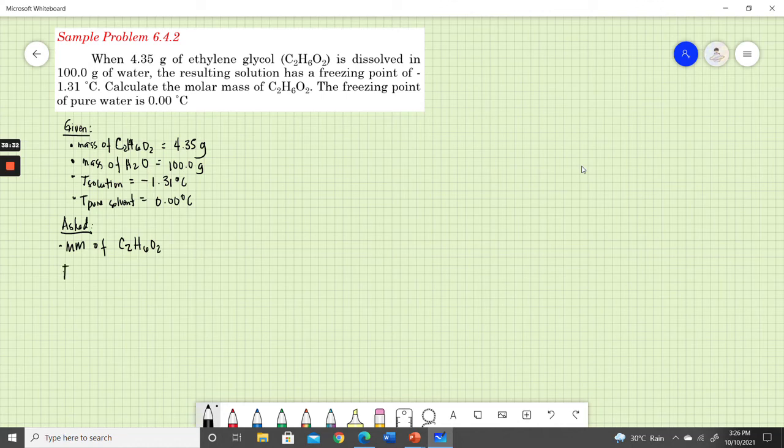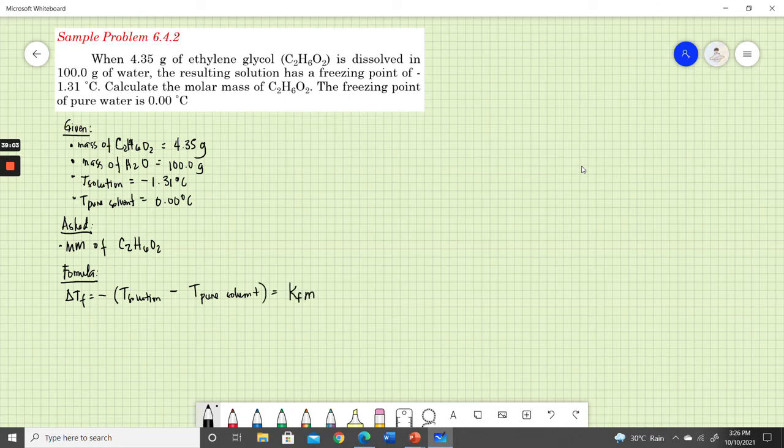And the formula that you need to solve this is basically the same formula that we used. So delta Tf is equal to the new freezing temperature of our solution minus the freezing point temperature of our pure solvent, yung normal freezing point yan, which is equal to